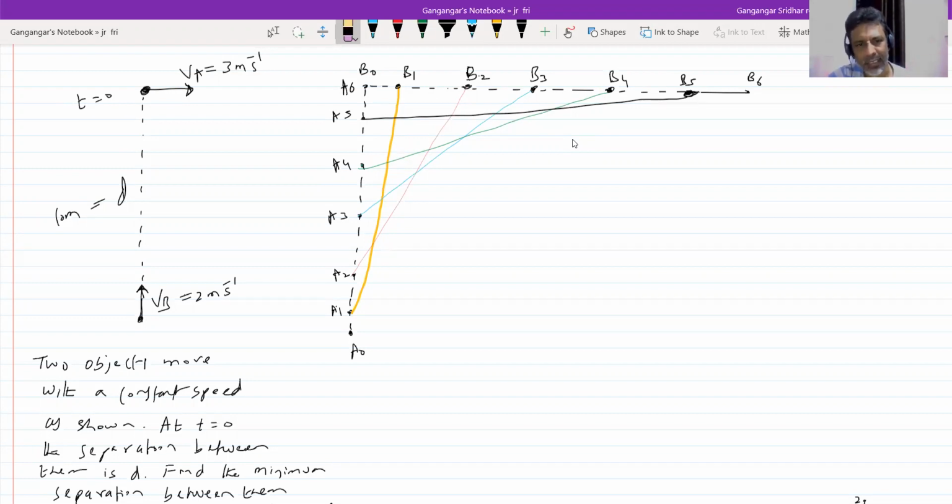So you're going to take a scale. With the help of that, you're going to measure A1, B1, A2, B2, A3, B3. Here I took the time interval, maybe 1.2 seconds. Then you have to make this into time intervals of 0.1 second. For every 0.1 second, calculate the position of A and B. Then draw a line joining them. Still you may not be sure. Then you make the time interval 0.01. So like that, many trial and errors. So you have to do it. It may take 1 day for you.